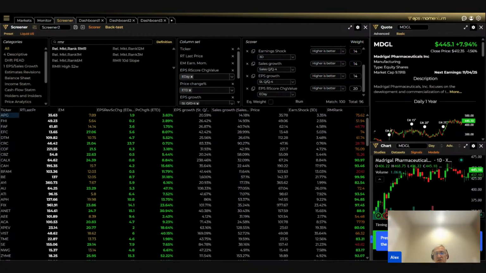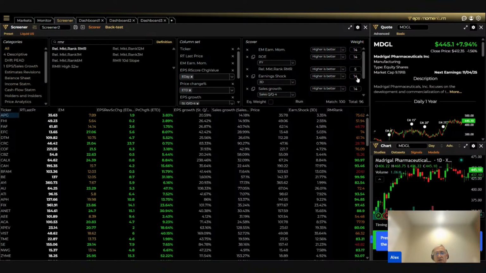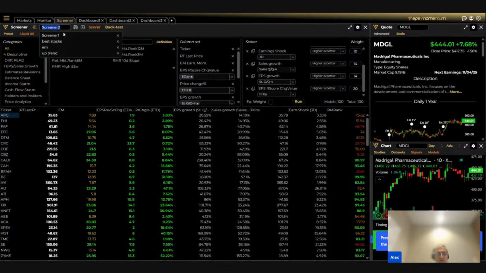Now I have 96, so I need to add 4. And I'm going to weight this one to 10. And now I'm 92, and maybe I want to add 4 here, so say 18 and 18. So this is my weight. I am going to save it. I'm going to call it test scorer